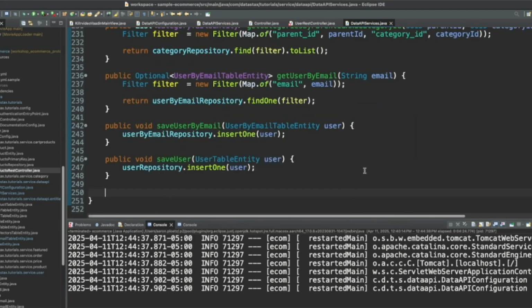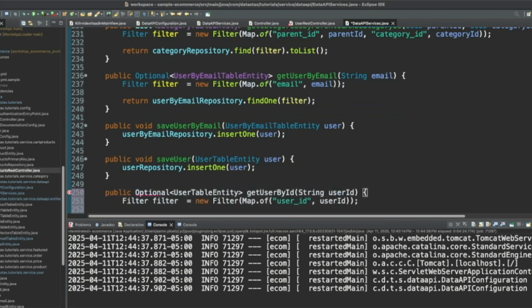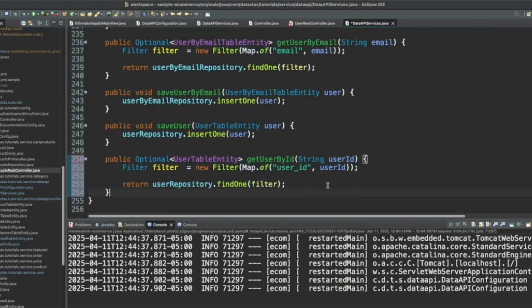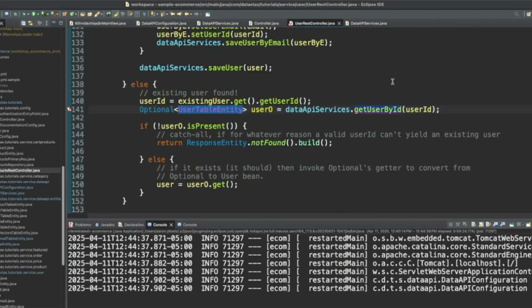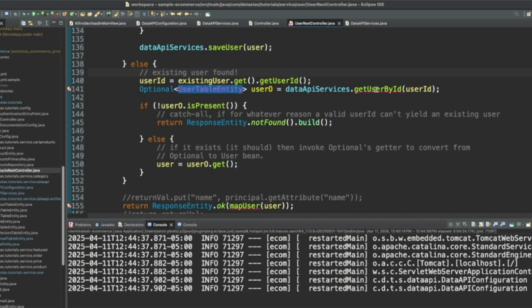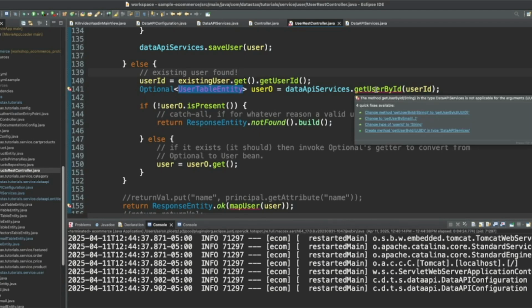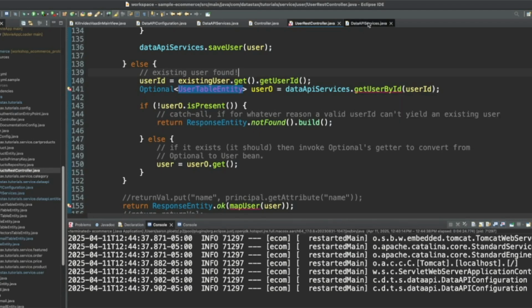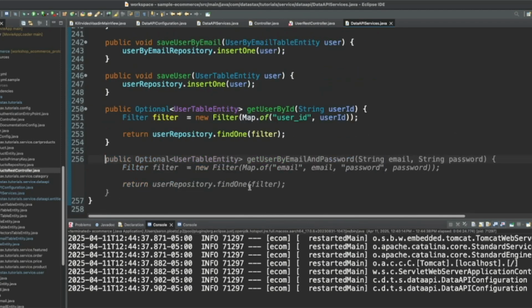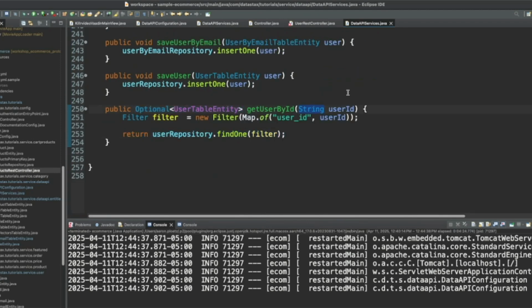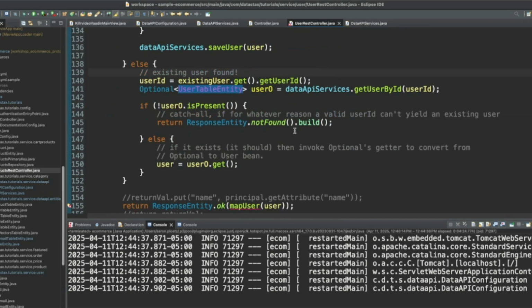Go back to Data API Services, public, optional, user table entity, get user by ID. There we are. And we can go back. All right. Oh, did that make it of type string? It did. We're going to make that UUID. There we go. That should make it work.